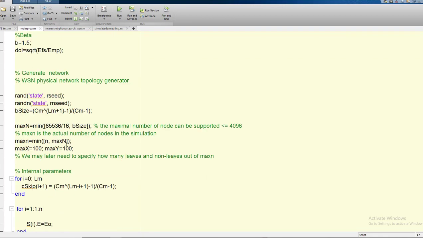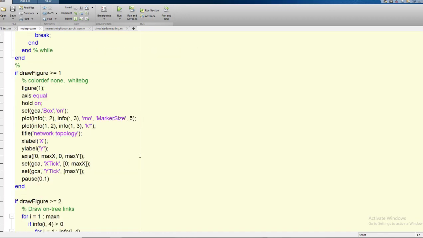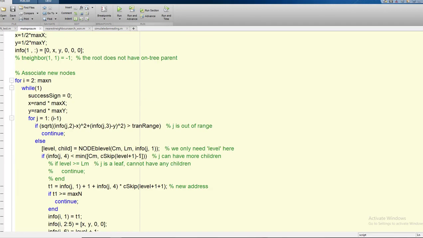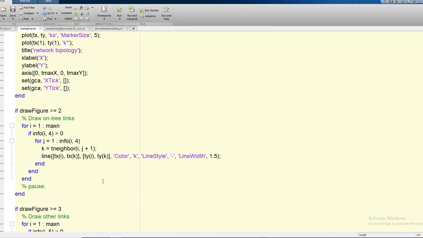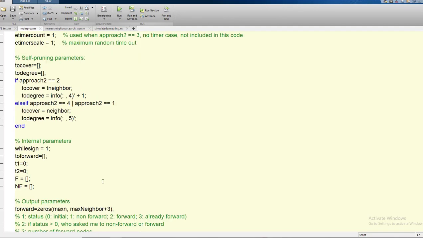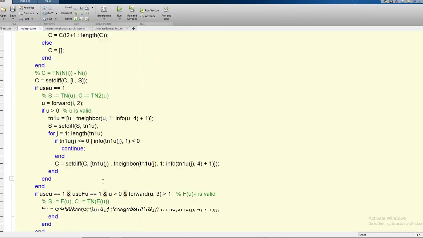It is a heterogeneous scenario. Then the distribution of each node will be spread accordingly, and finally we'll try to find out the location of the wireless sensor network, and after that we compare the energy consumption of each algorithm.